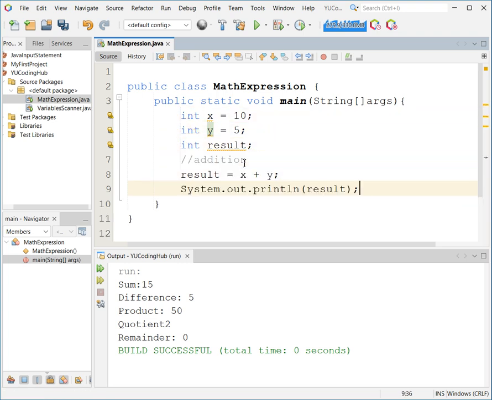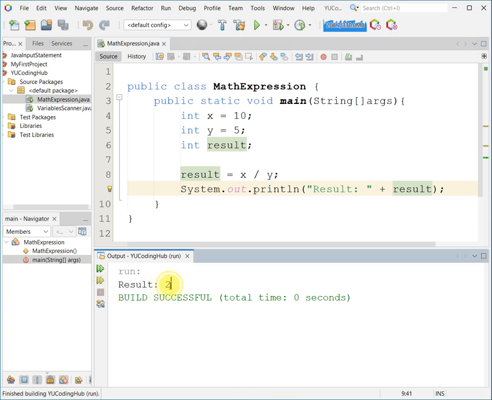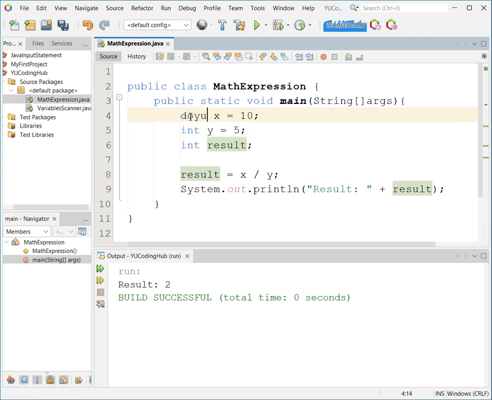Okay, so a while ago, when I used, for example, a division, and this is going to be a result. If I use it here, you will see that my result is an integer because I have used integer values. Now, there's another data type in Java, which is double, which can display or accept numbers with decimal values.